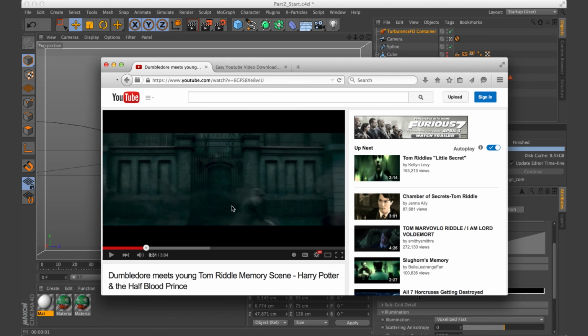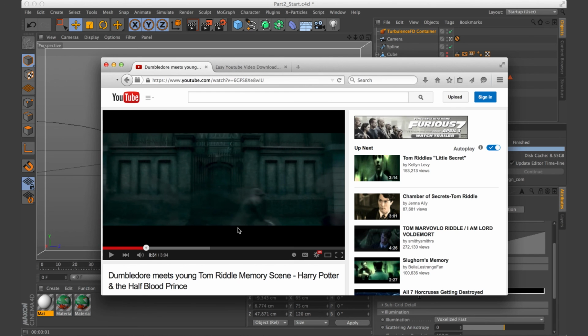It doesn't have to be a fish or a bird or something like that that's emitting the smoke or the ink. You could totally take this effect and use it on live action footage. So like with this kid, all you'd have to do is get a model that matched up with this kid, match move that model so that it follows where the live action kid is going, and then emit from that model. And so it's basically the same thing that we just did, except you're just throwing in a little bit of modeling in there and a little bit of match moving. And that's it. And you're doing something really cool that they did in this major feature film.